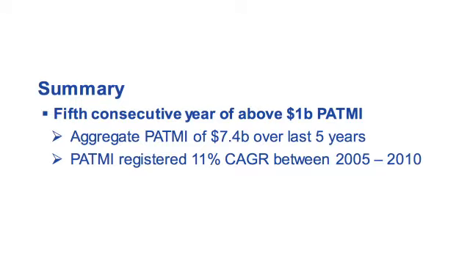And what it tells you here is that they have the fifth consecutive year of PATMI above 1 billion, which demonstrates sustainability. Because one of the things that we want to look at in terms of the company's performance is sustainability of earnings, or quality of earnings. Are they repeatable? Yes, so that's one indication of that. Good so far?